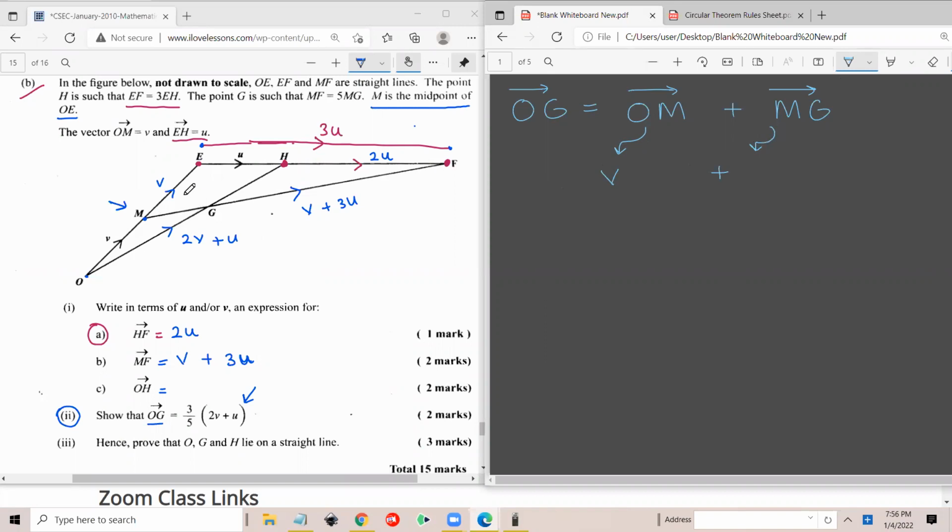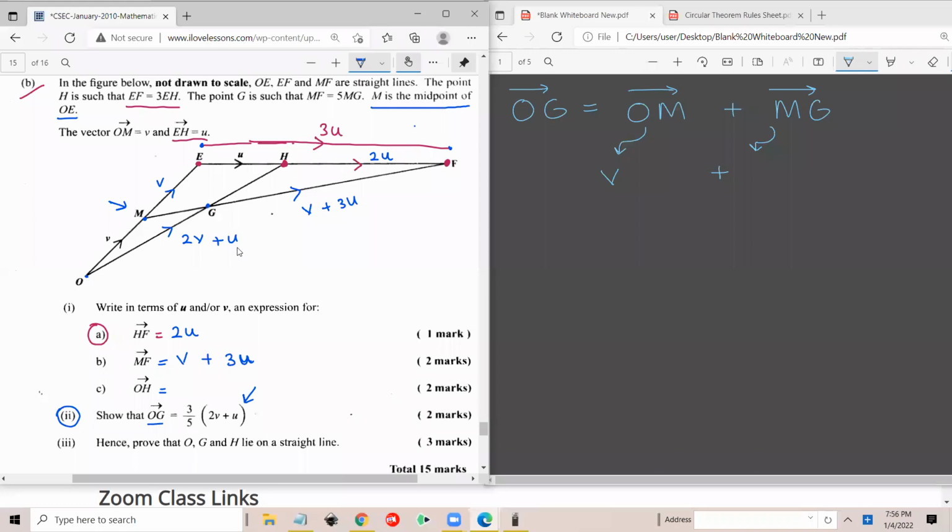Do we have the value from M to G? Yes or no? From just looking at my diagram. Do we have the value from M to G? And it's no. We have the value from M all the way to F, which is V plus 3U. This V plus 3U is for the whole line, but we just need up to G. So how do we find